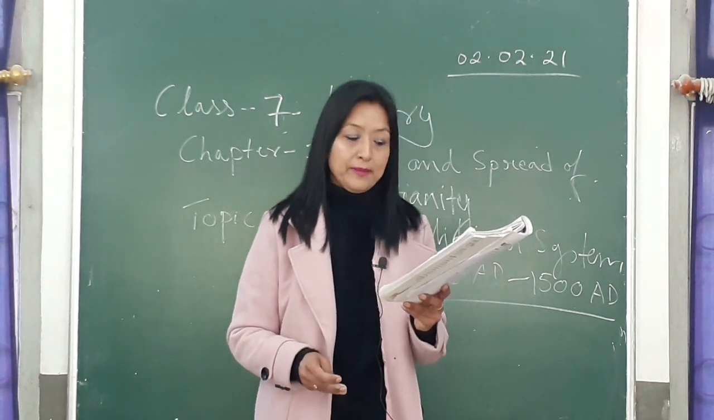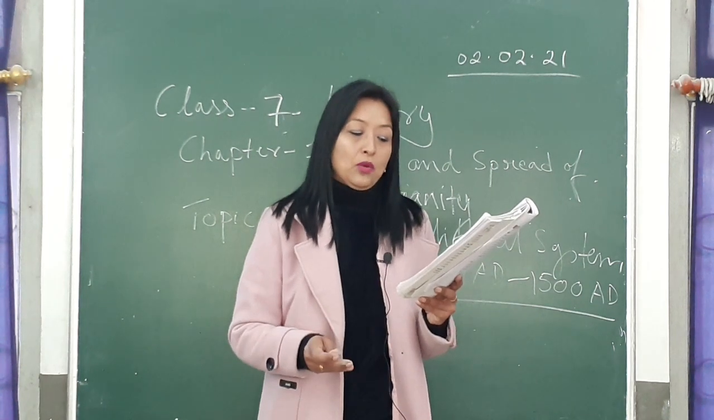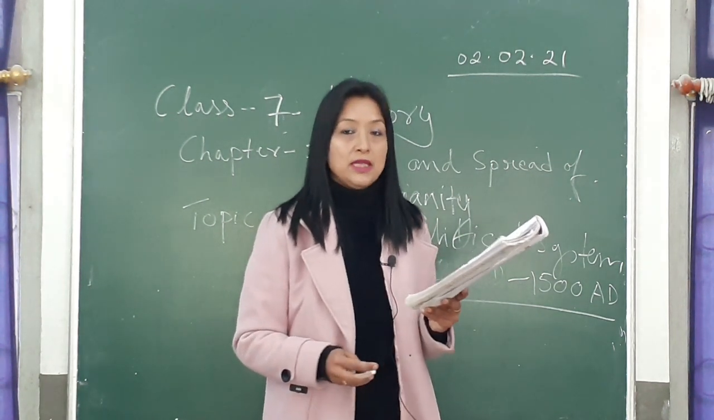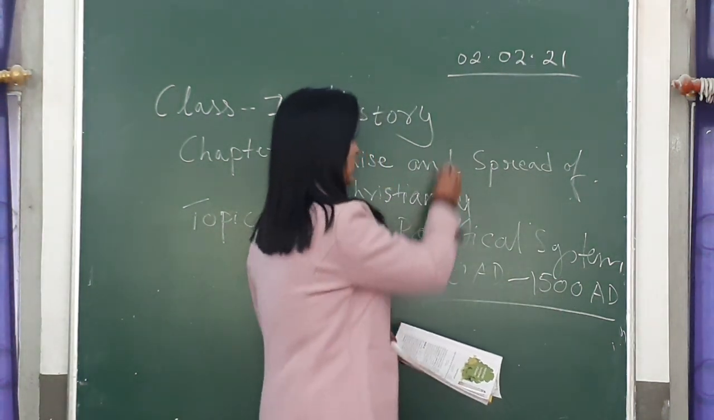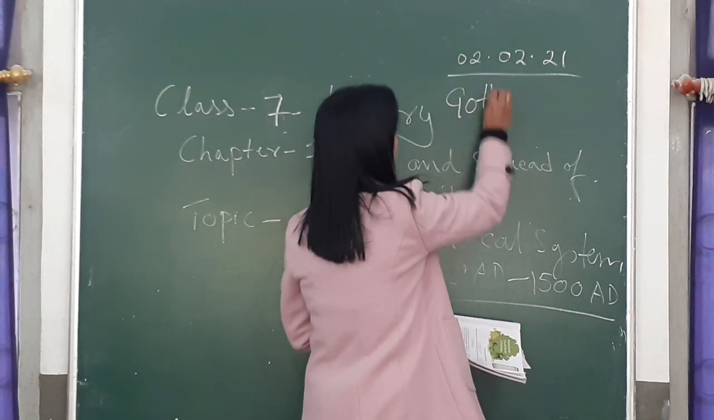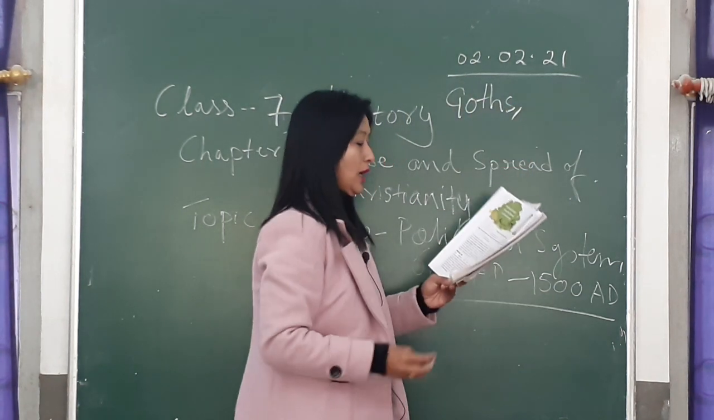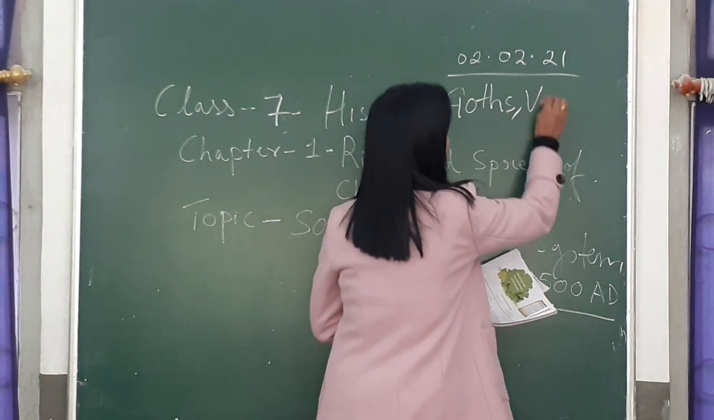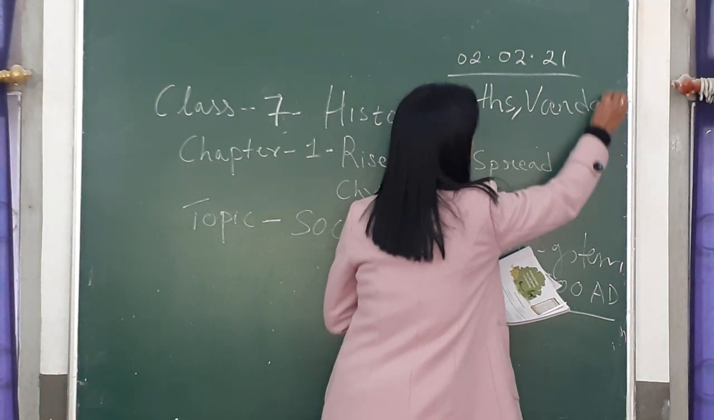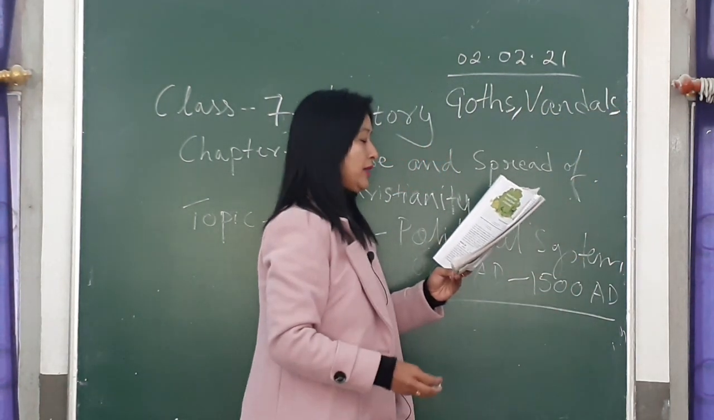And these barbarians were Goths, G-O-T-H-S. They were Goths, they were Vandals, V-A-N-D-A-L-S, Vandals, they were Huns,